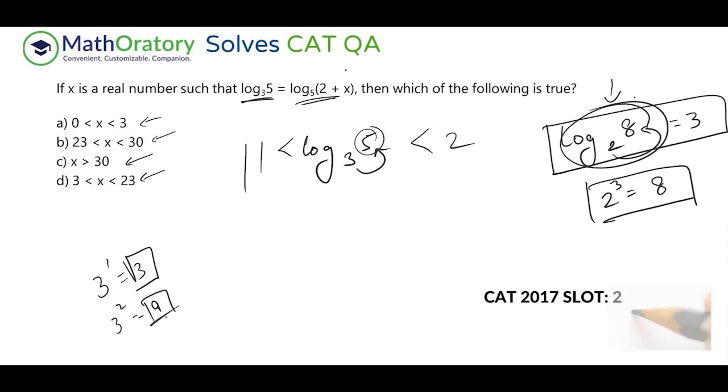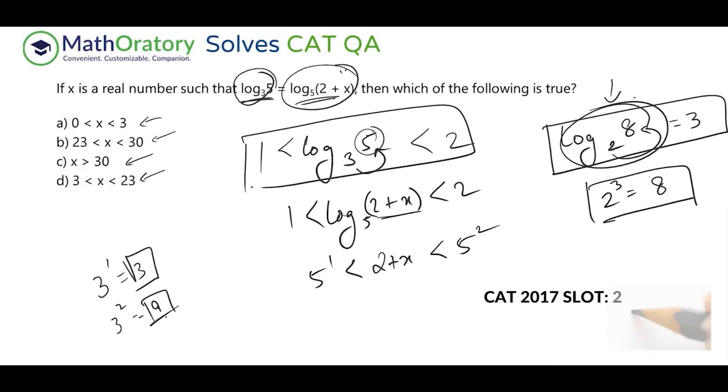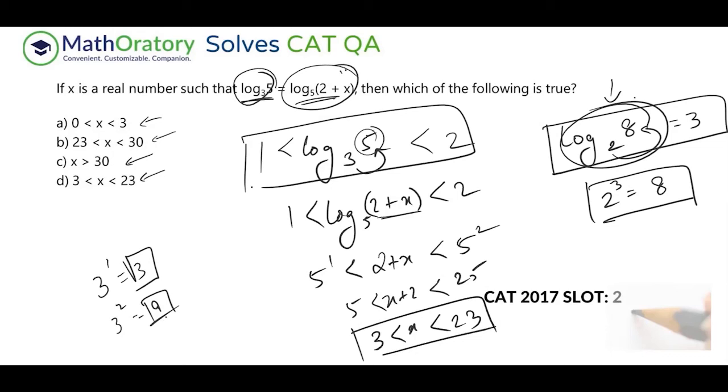Because of this range, we can use this same range, because this value is equal to this value. So we can apply the same range on the right hand side. So what we can now claim is this value also lies between 1 and 2. Once you know this, it becomes easy because of the same idea. So this 2 plus x should be more than 5 power 1 and should be less than 5 power 2. So as soon as you get this, you get x plus 2 is greater than 5 and less than 25. So what about x? Just reduce 2 from both the sides. So this is 3 and this is 23. That is the required range of x.